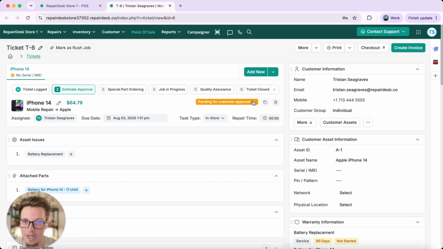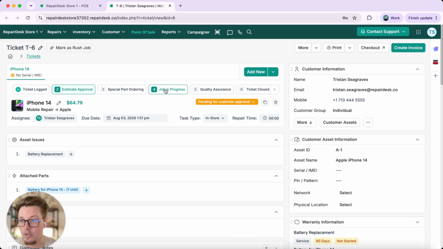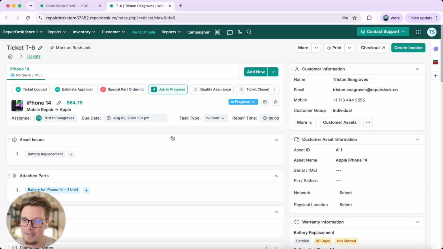If I'm done with pending for customer approval and we need to order some special parts, I can proceed. Let's say that I don't want to order special parts and I just want to start working on it. I can click step 4 and it's going to notify me that we're skipping step 3. Is that okay? Yes or no? Click yes, and you see that we skipped special parts ordering and we moved straight to job in progress, and